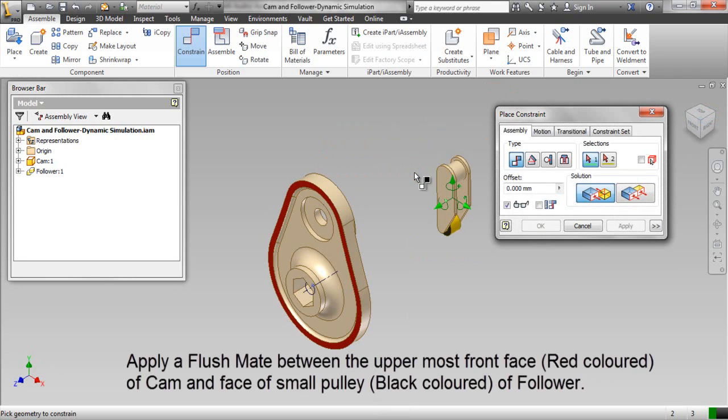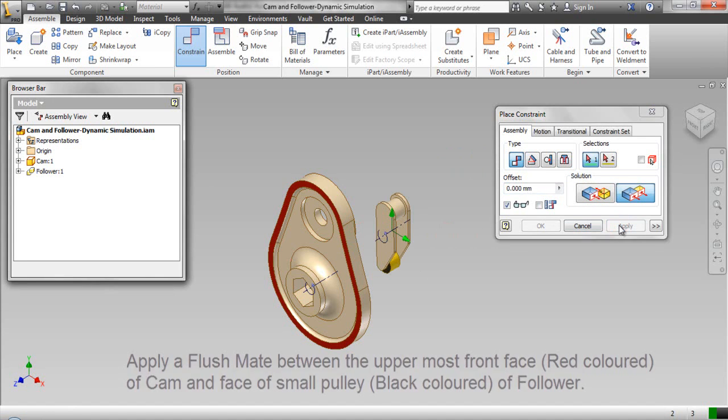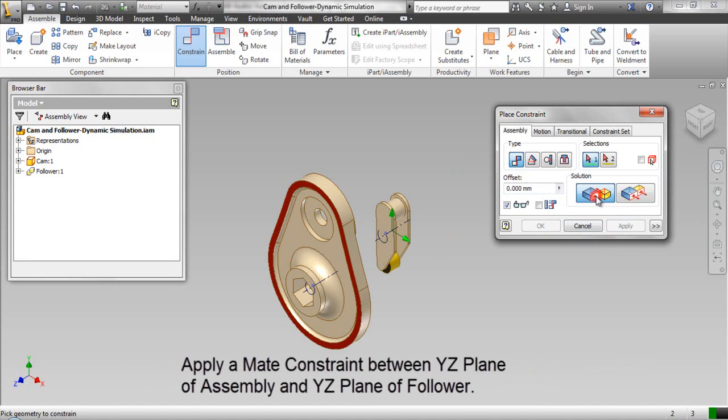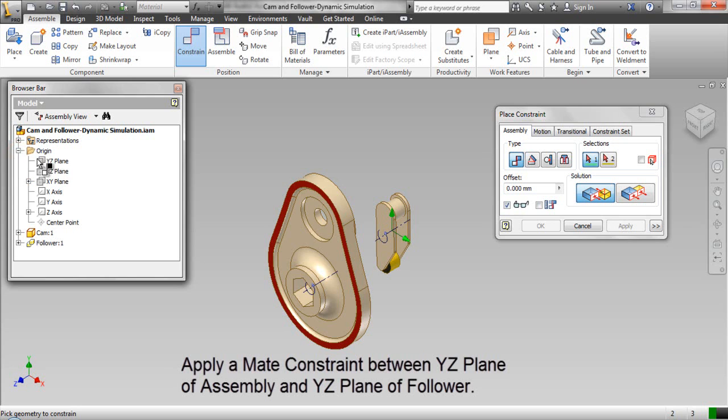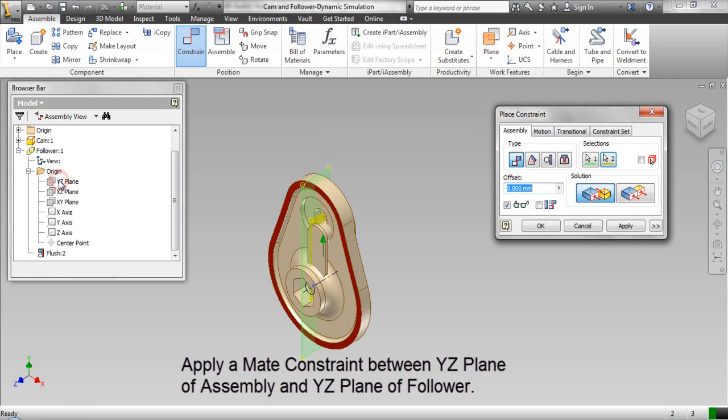Apply a flush mate between the uppermost front face of cam and face of small pulley of follower. Apply a mate constraint between YZ plane of assembly and YZ plane of follower.